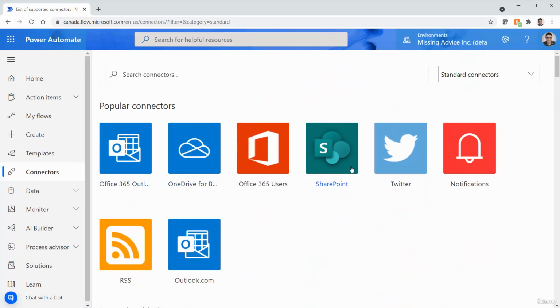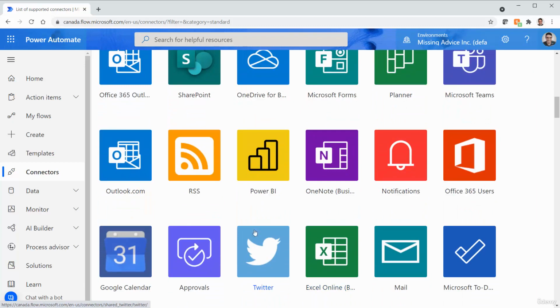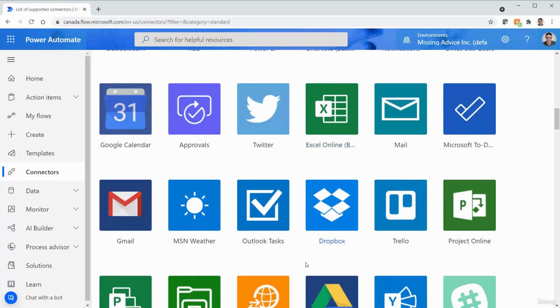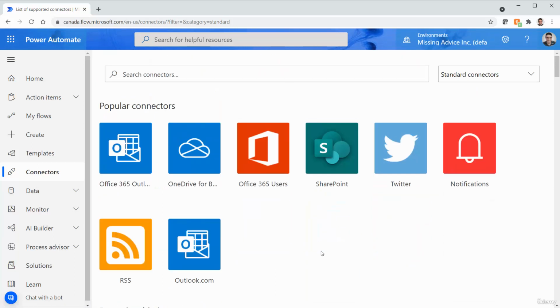Office, OneDrive, SharePoint, Twitter, Outlook, RSS feeds. You can go to OneNote, Microsoft Teams, Power BI, Google Calendar, a lot. So up to this point, you are not paying anything extra more than your E3 or E5 license. But all of a sudden, if you feel like you want to connect to something beyond these things,